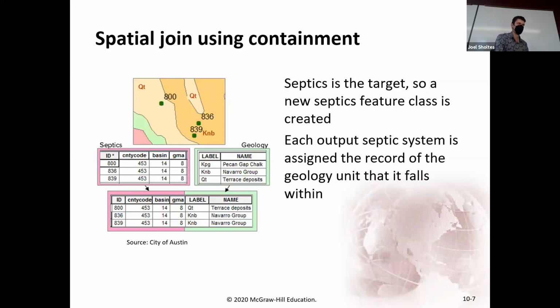So just some other examples of spatial joins. Here's an example where we have septic tanks or septic systems that have been registered with the county or the state. And then we have a geologic unit. So what kind of underlying geology do we have? And why might we care about geology for septic systems? Infiltration, yeah, so the superficial geology or soils, we could have a soil map that might have